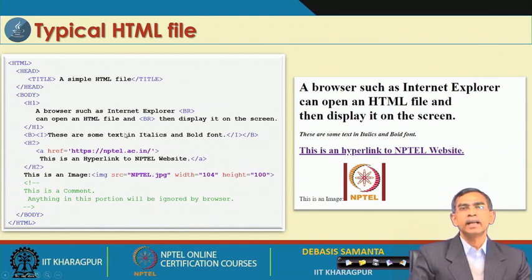So, this is basically the HTML page concept, and one more important thing is that HTML tags are case insensitive. Whether capital letter or small letter does not matter to the browser, as long as the browser handles it correctly. So, whether lower case or upper case, that is not the issue there.